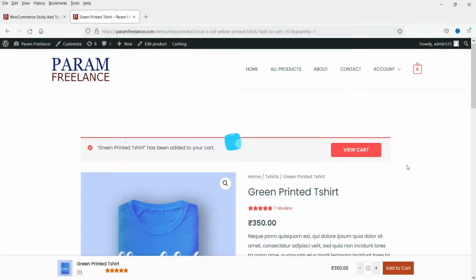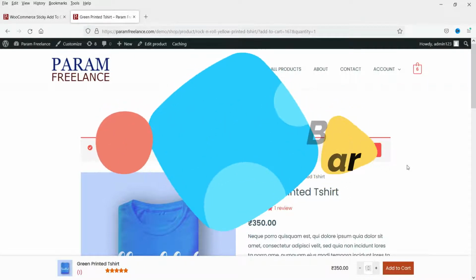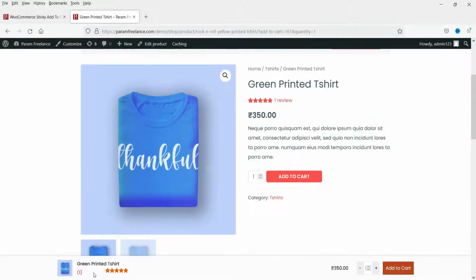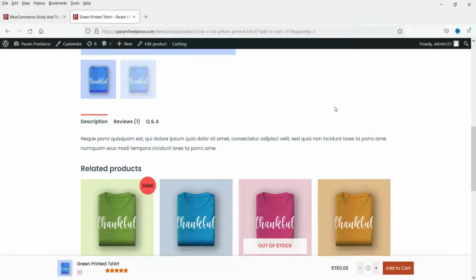In this video, we will see how to use the sticky add to cart bar on the product page. Now here you will see the add to cart bar at the bottom of this page, and it will be shown only on the product page, not on the shop page or on the categories page. When someone scrolls down the page, they do not need to go back to the top and click on add to cart. The add to cart will always be available at the bottom,